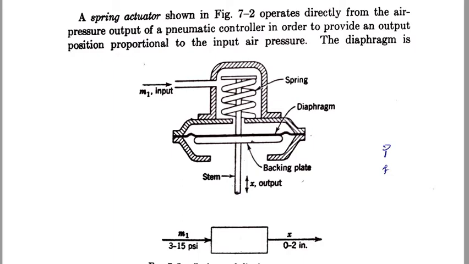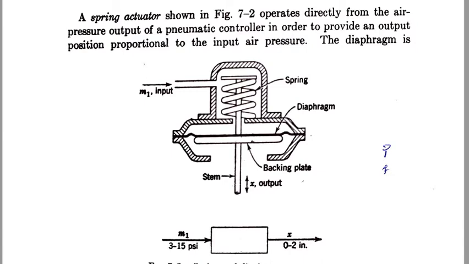So whenever you apply maximum pressure, this diaphragm will move entirely down, and the stem will go down and entirely close the particular pipe. So the output flow rate will become 0 here. Okay, so whenever you are not applying any pressure, this diaphragm is in normal position, so the stem will be totally upward, then total inflow will be total outflow. Whatever you are going to supply, you are going to get on the output side.